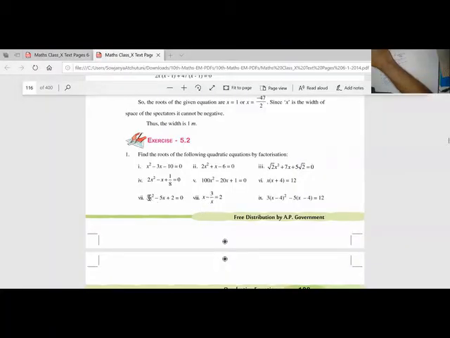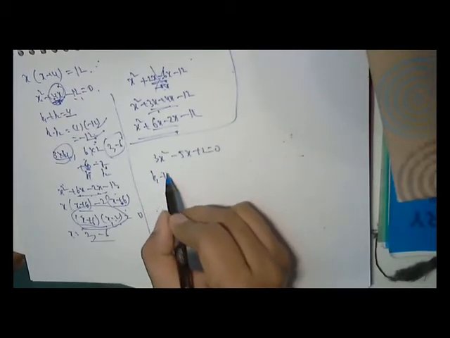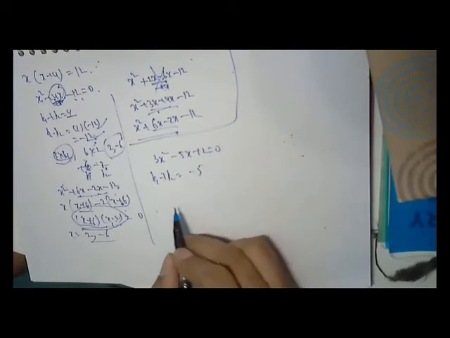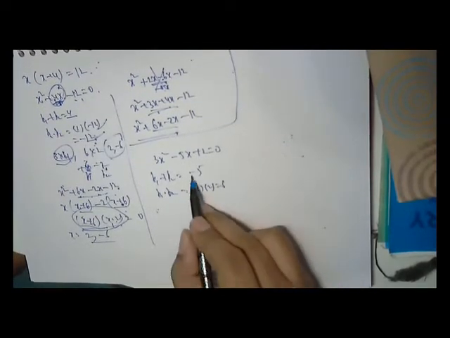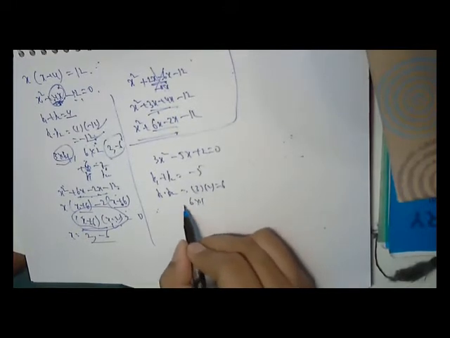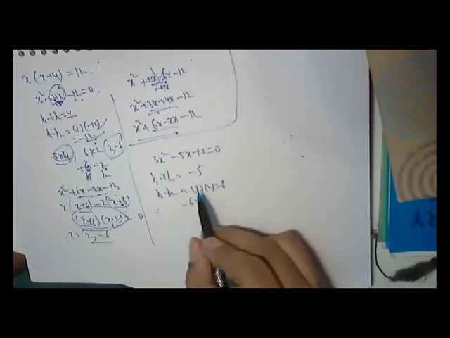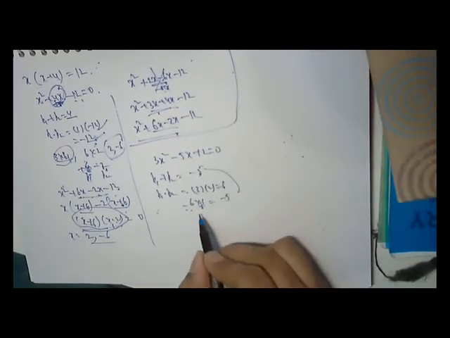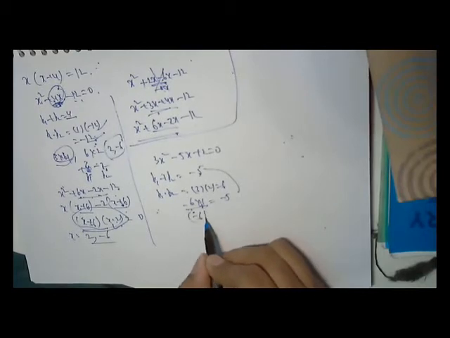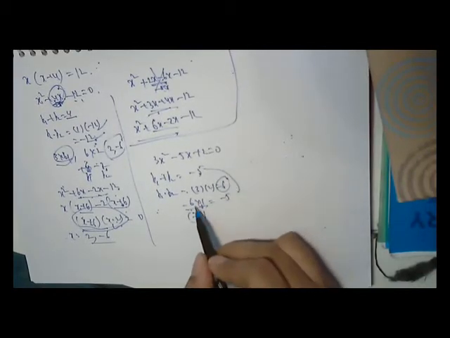Let us see the problem. 3x squared minus 5x plus 2 is equal to 0. Simple. Now b1 plus b2 should be minus 5, and b1 times b2 should be a into c, 6. So this should be 6 into 1, so minus 6 plus 1. See, this is minus 5. If I put minus 6 plus 1, the sum is minus 5, it tallies, but what is the product? The product is minus 6, but my product should be plus 6. So this does not tally.